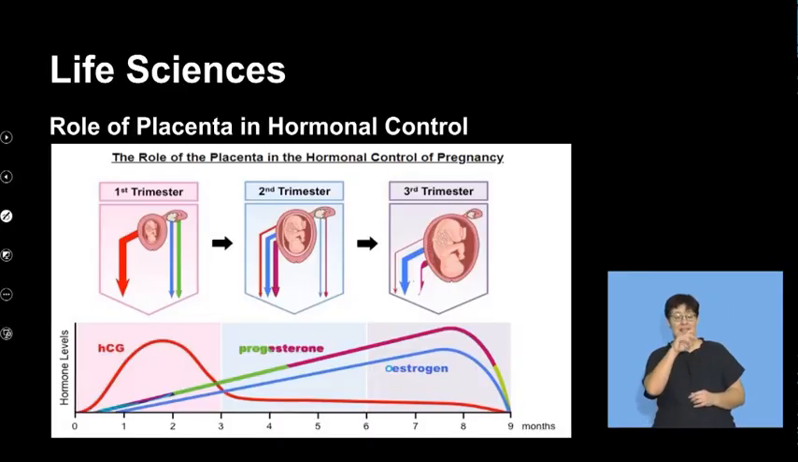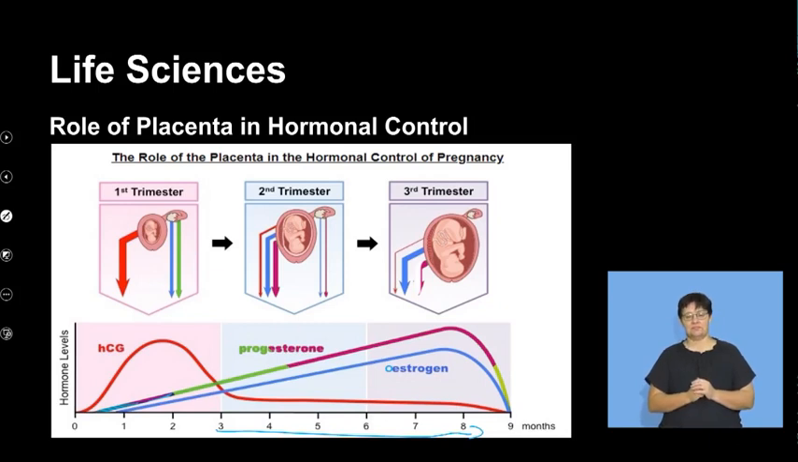So let's look at the role of the placenta in hormonal control. This image shows you the levels of hormones over the 9 months of development. So we're seeing the 9 months of development that happens within the uterus. We're also seeing this divided into 3 phases of development: the first trimester, the second trimester, and the third trimester. So essentially 12 weeks of development, and we look at that, and now we look at the structure of development and link